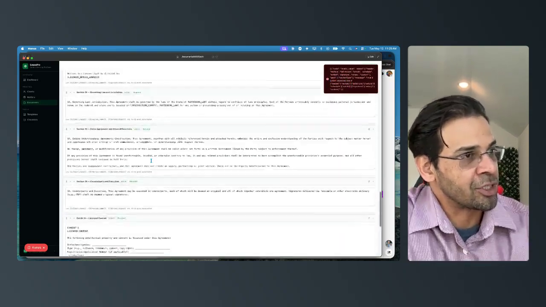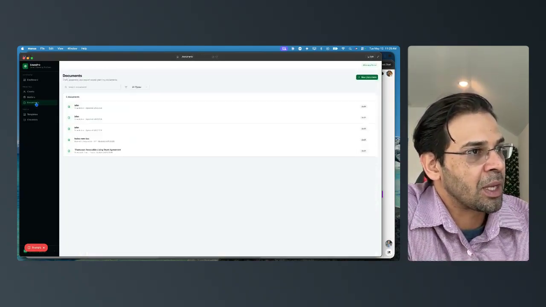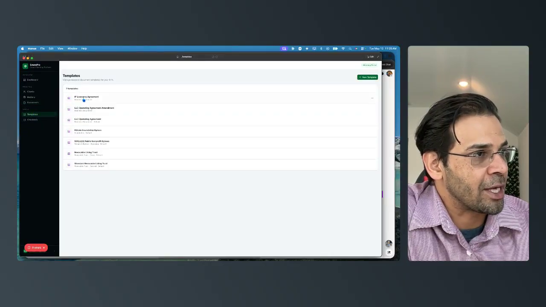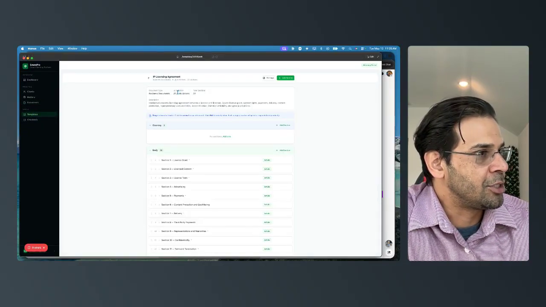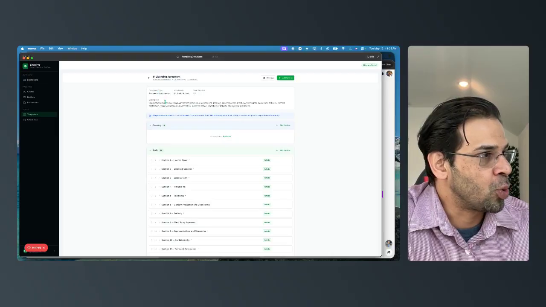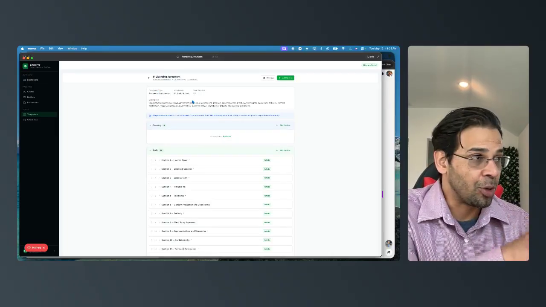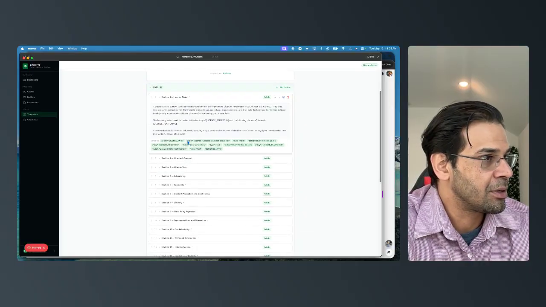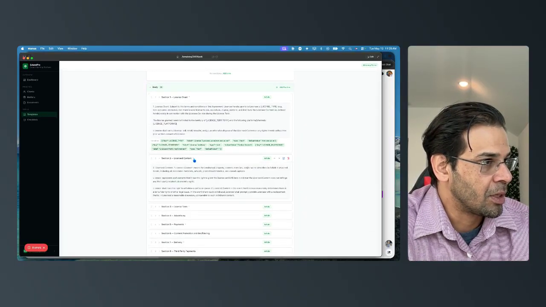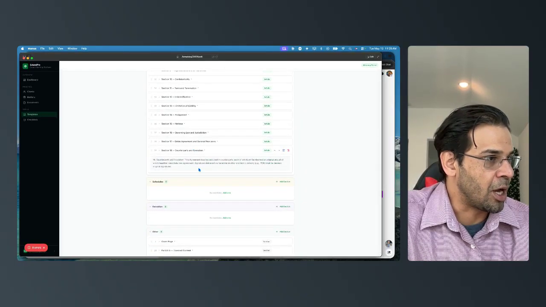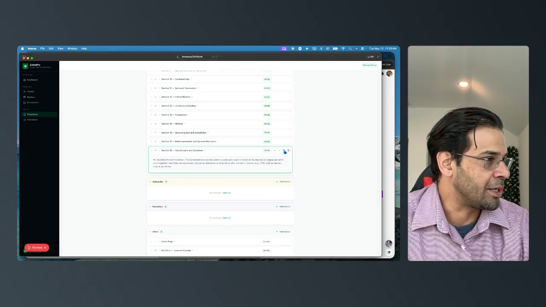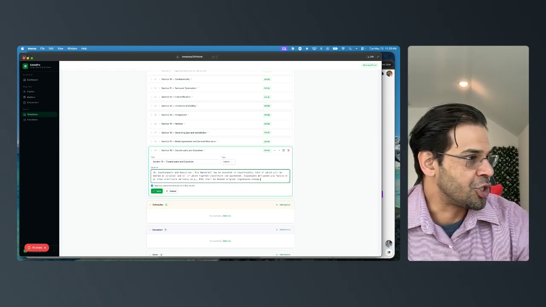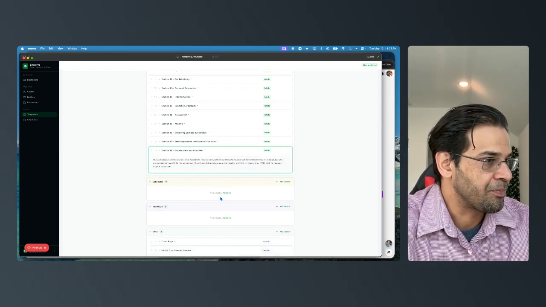Again, it's not integrated, so it's not going to show up properly. I can go into the actual documents at a high glimpse. I can take a look at the actual documentation. So you can see here 22 sections I have uploaded as part of this contract. You can add new sections, and you can obviously just go in here. If I want to edit, I can just go edit and change it up. Okay.